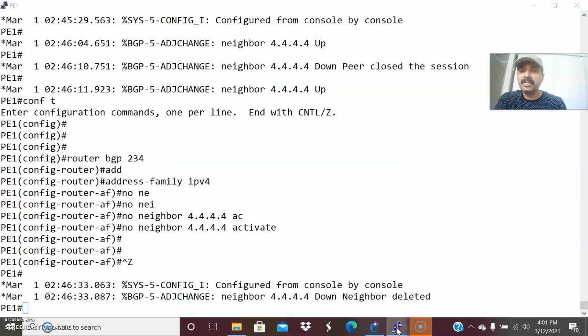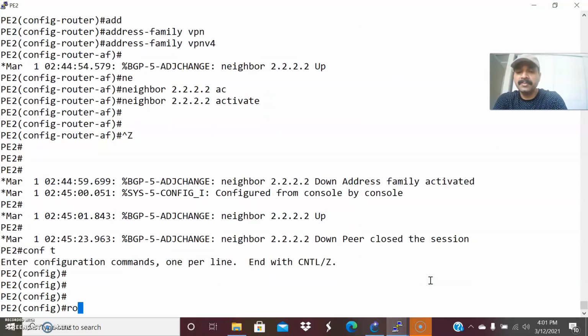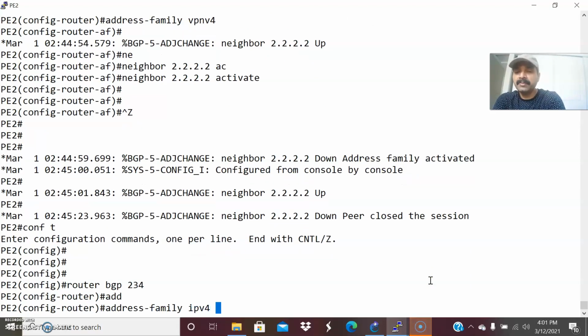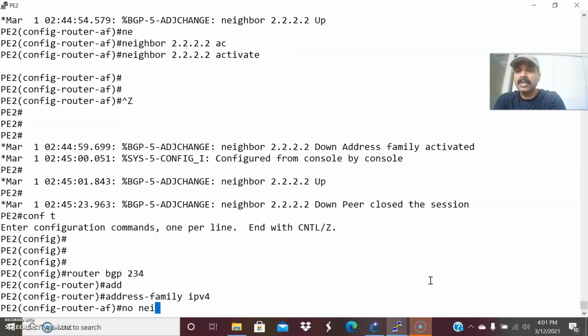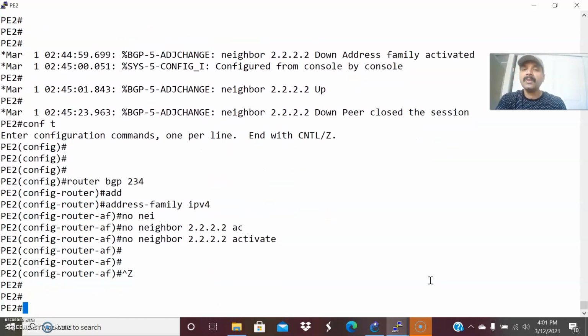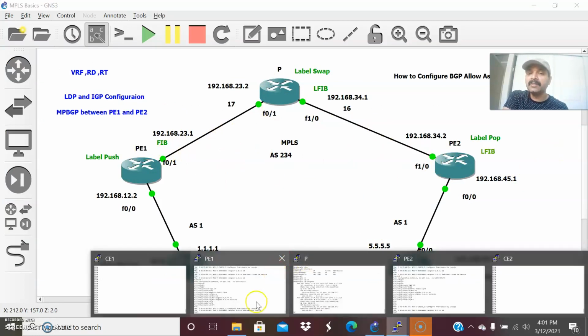Similarly, go to PE2, configuration mode, router BGP 234, address family IPv4, no neighbor 2.2.2.2 activate. This removes the IPv4 session, since I'm only using VPN v4 with MPBGP. Since it's an MPLS cloud environment, we are not using IPv4. That is the reason I removed it.